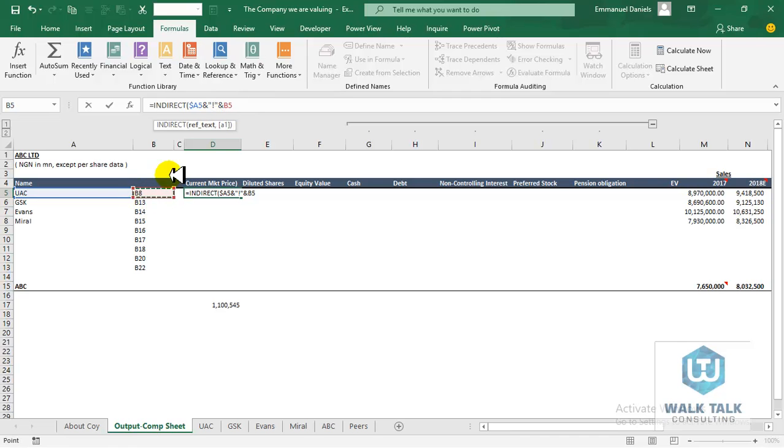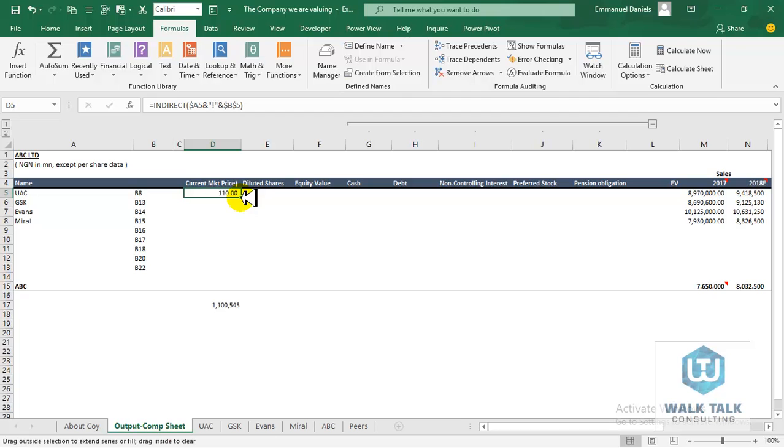Okay, now this is an optional parameter, so you can ignore that parameter. I'm using the reference text parameter. So now I'm referring to this because what is in B8 on all these sheets are the share prices. So I will lock this cell reference here. So you can see I've been able to get that for all these. You can do the same thing. I can actually copy this and